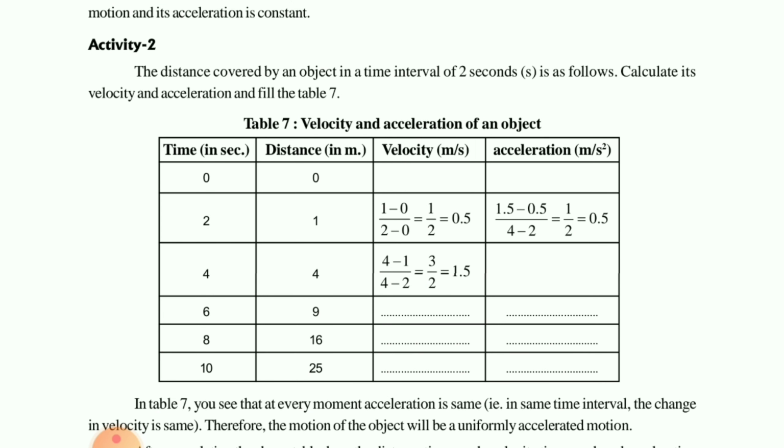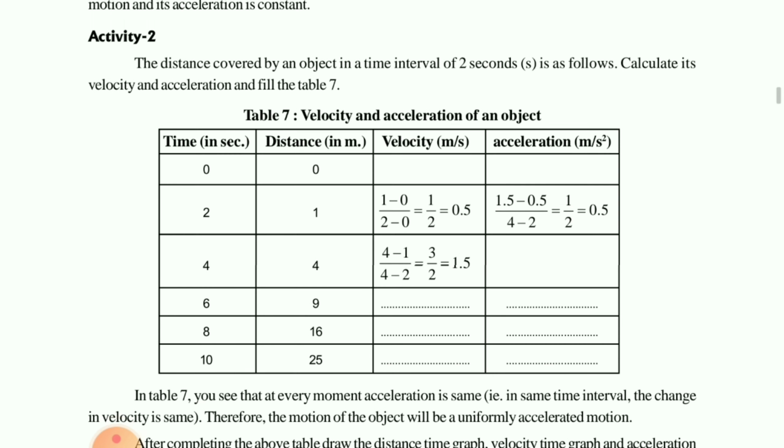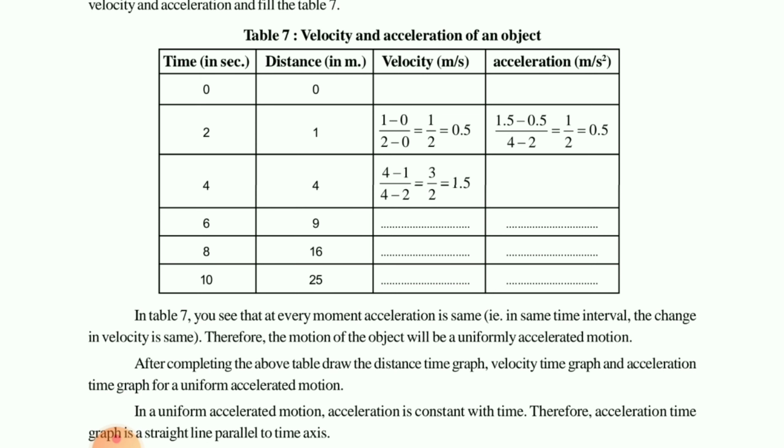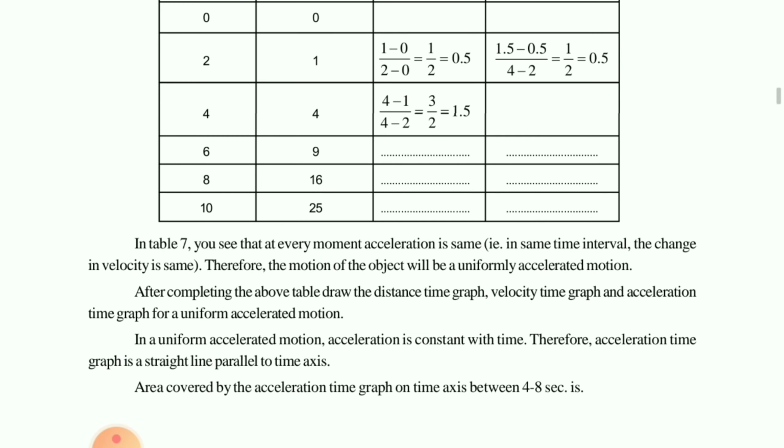Today we are going to continue the next topic of lesson 4, Motion, that is activity 4. As I said that day also, how to calculate the velocity and acceleration. For that we will see this one. See children, this is a tabular form. Time and distance is given, velocity and acceleration is given. You can see here time in second, distance in meter, then velocity meter per second, acceleration meter per second square. That is the unit for that.